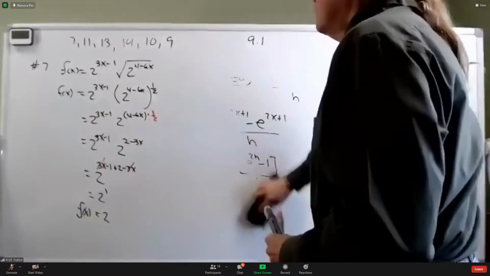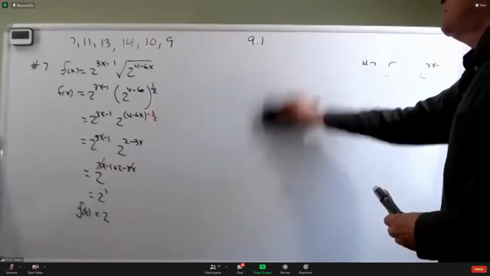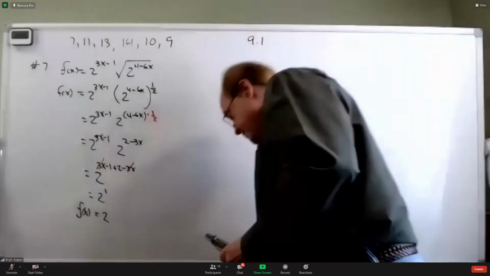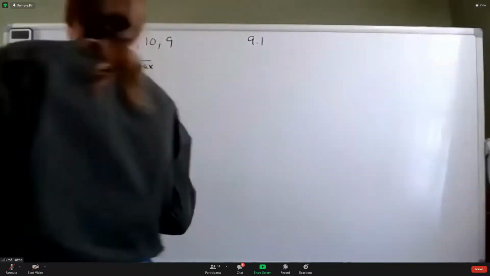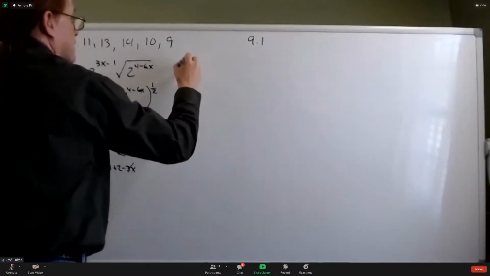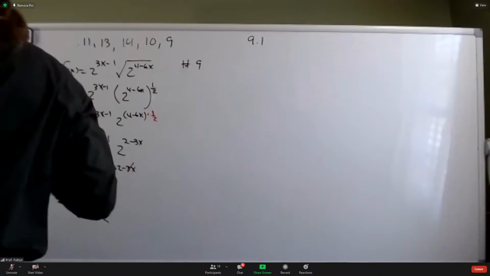And using those rules of exponents, but now in a much more complicated setting than when you were first introduced to them in Algebra 1 or intermediate algebra. Number 9. So f of x